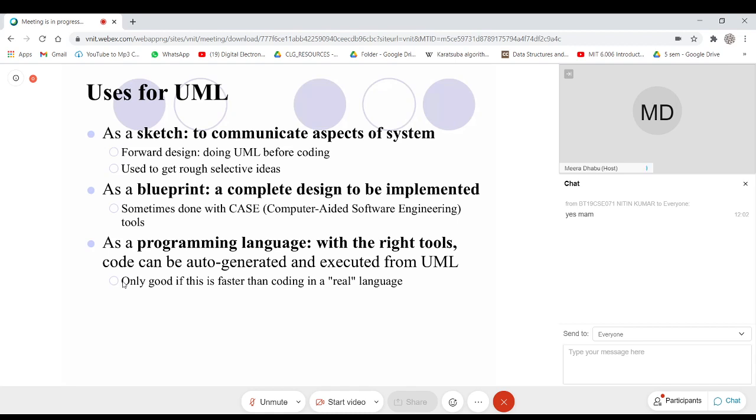If you appropriately develop your UML for a particular problem, then you can generate the code also. Now there are sophisticated UML tools, software engineering tools available in the market, that can also be used to generate the code. In some of the industry, you will find that they generate the partial code also using this.